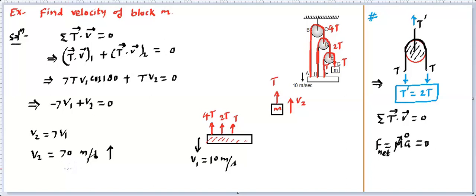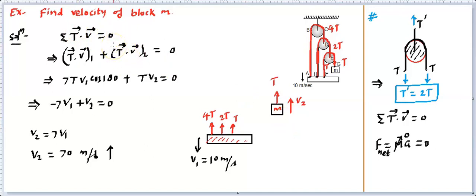Correct? So this example handles multiple pulleys together, and this is a very critical point. First you start with some tension from one string, and then pass on to the next as a double, then pass on to the next as a double. Keep on doing so, and then look at the blocks that you are looking at. Finally draw the total tension on them. That means all the connected strings will be applying tensions. Then do the same thing for the other block. Sum them up, and you will get your answer.